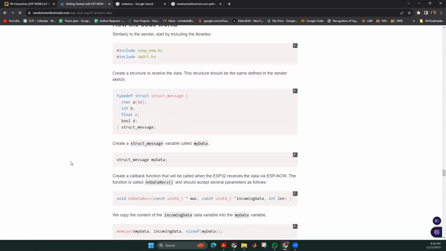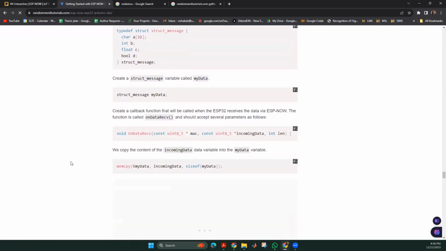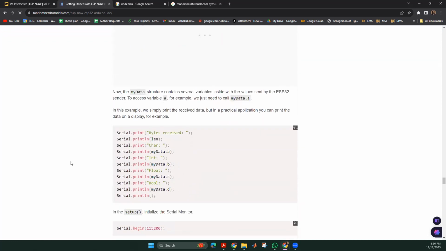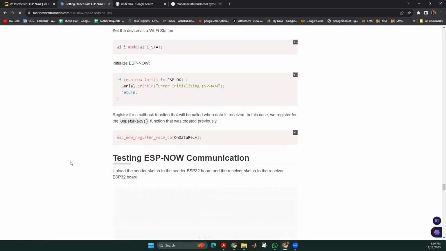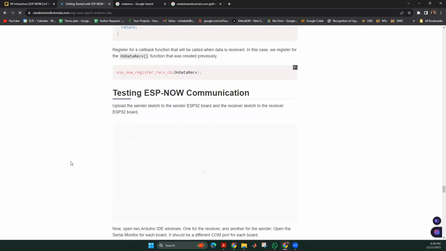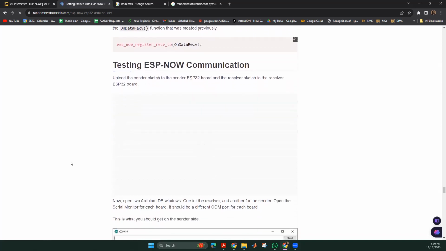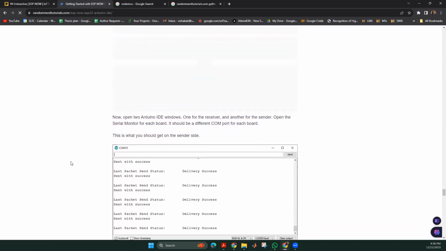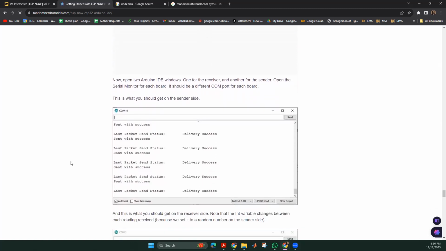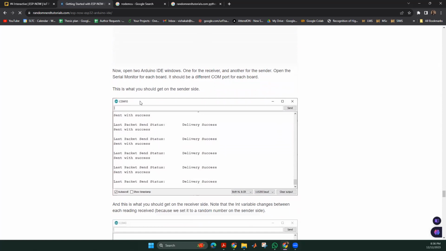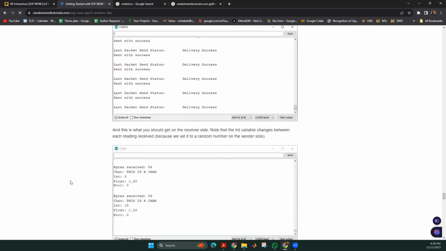Up to that point, I think that is basically regarding the ESP now protocol, and you need to just implement the codes in both the devices. After that, you need to test the ESP now communication method, that you transmit some data at the transmitting side, and then it should give a message saying delivery success or sent with success. Likewise, there should be some output message.